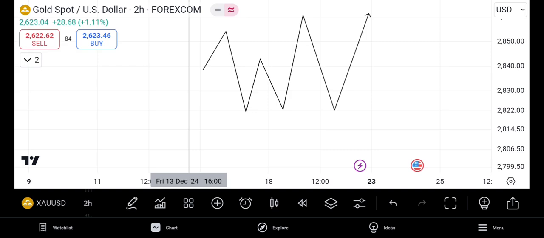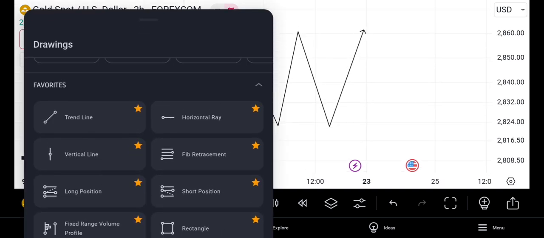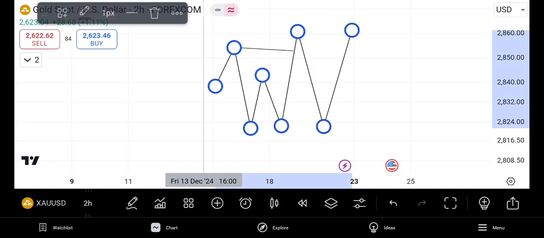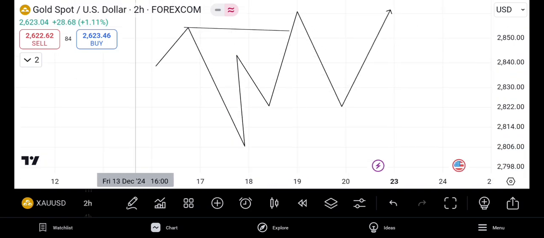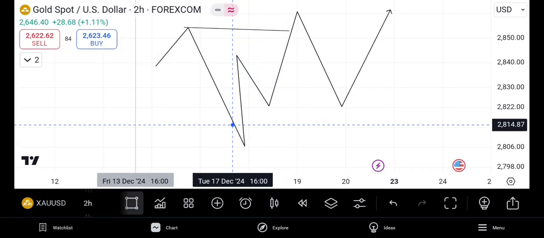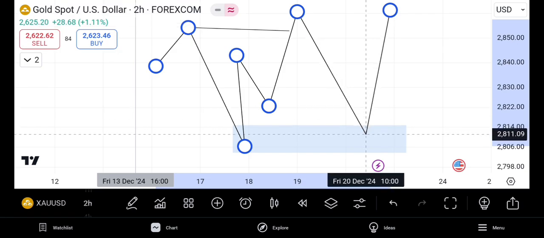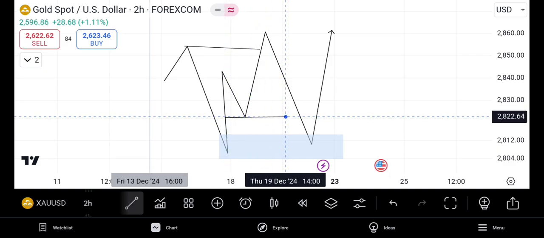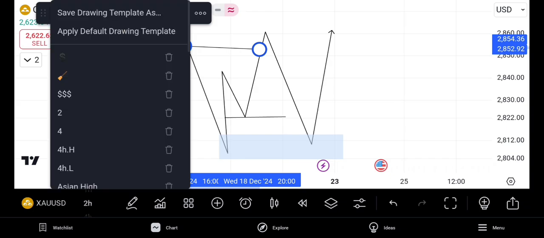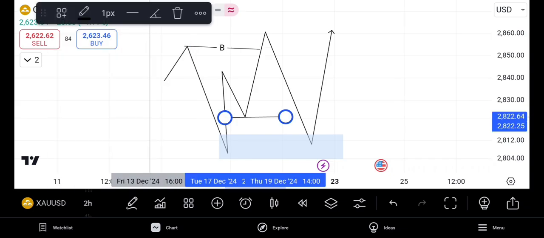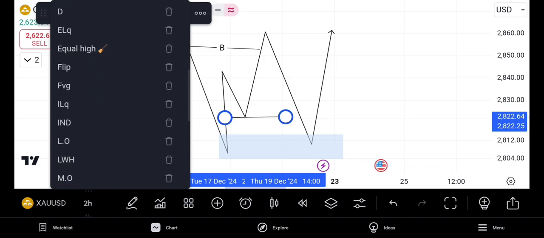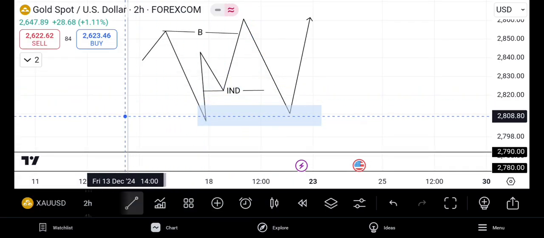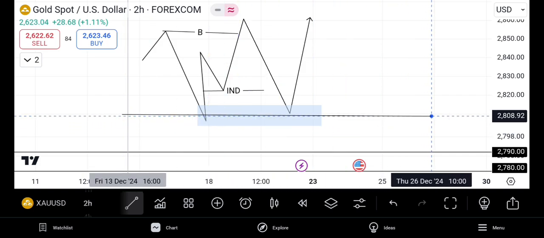So now what happened? How was I able to take the trade I took? Let's say this is a break of structure to the upside, and then the market did this. I expect this to be what? An order block. The market came here, got there. Mark this as an inducement, this as a break of structure, this as an inducement, and then if this zone is aligning with a psychological level,